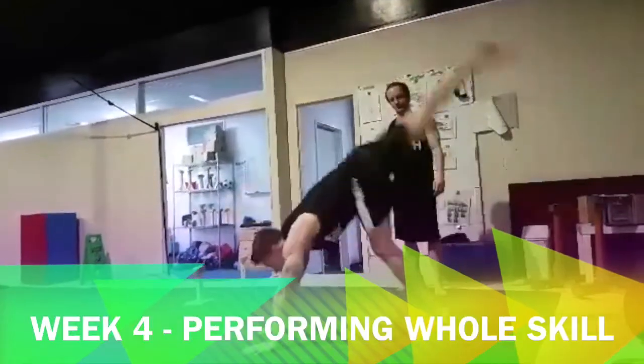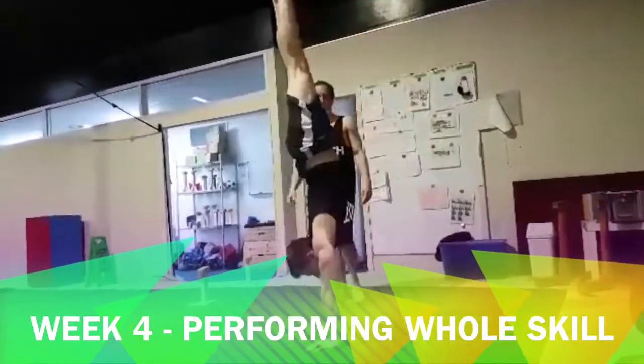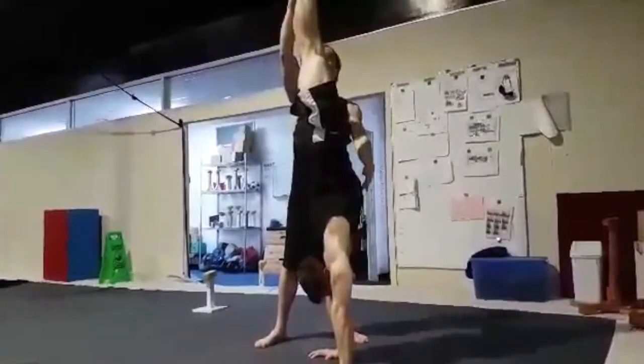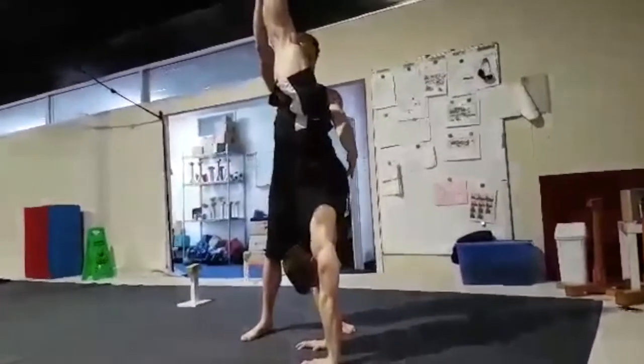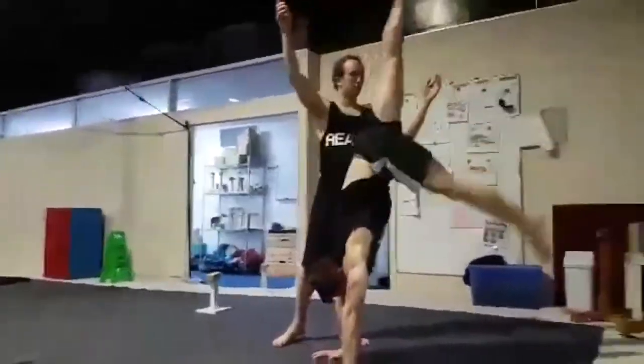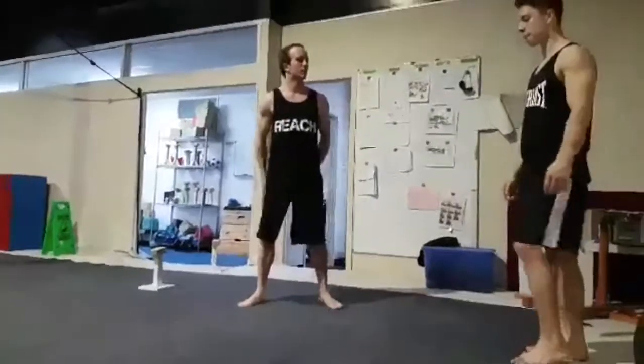As week 4 commences and the learner feels comfortable enough to attempt a freestanding handstand, it is then time to work on increasing the duration of the hold. This is where a partner may come in handy, as they can provide spotting as you perform the skill. The partner will not hold you in the skill, rather they just ensure you will not exit the skill until